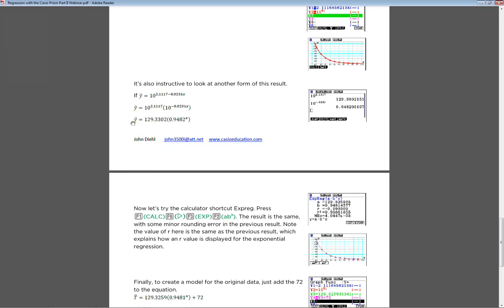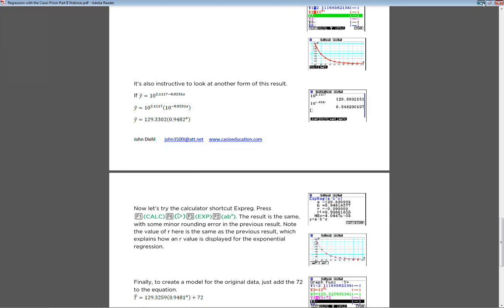So what this suggests is the typical way to run an exponential would be this, 129.33 times 0.9482 raised to the x power. That's your y equals a times b to the x form for this function.